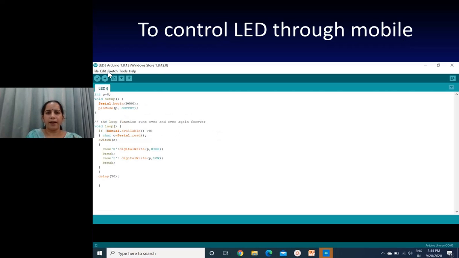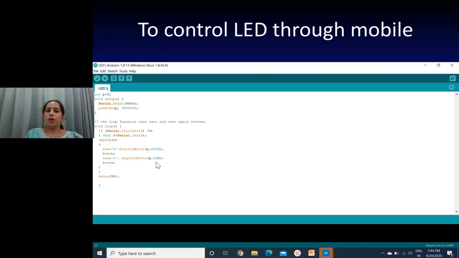There is another program to control the LED through mobile. For this sketch, I have used HC05. In setup, it just tells at what rate the input will be taken, and depending upon some input from the Bluetooth, digitalWrite will be high or low, right?